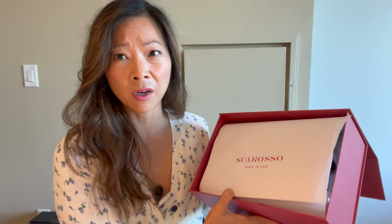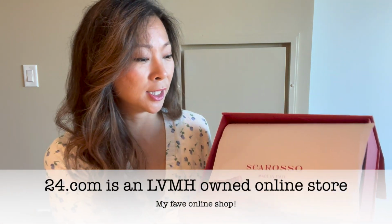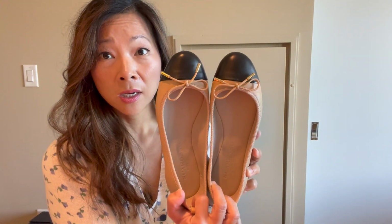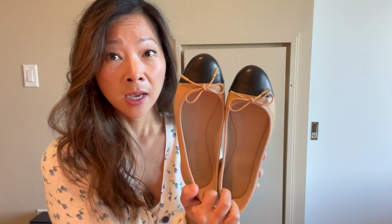So this is a new brand for me. It's called Scaroso. It's made in Italy, and I think I bought everything from 24S, which is probably one of my favorite online shopping destinations. I've always been a flats girl and I've always loved ballet flats. These are so beautiful. These are in genuine leather, and yes, they are very reminiscent of the Chanel ballet flats